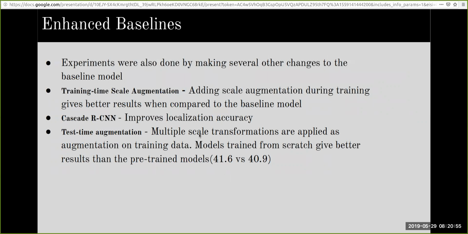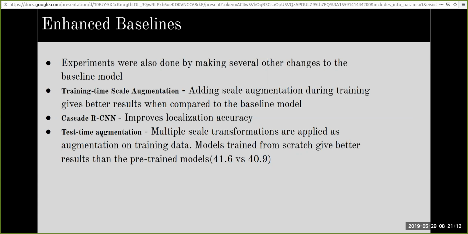The authors also tried making enhancements to their baseline model by adding scale augmentation during training, and also making changes to the architecture by adding cascade RCNNs and test time augmentation.